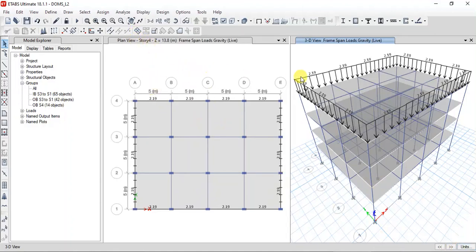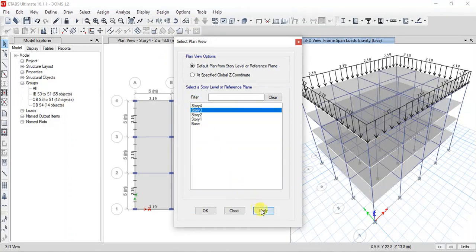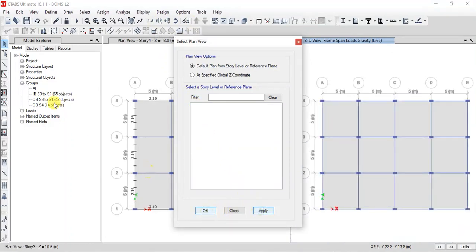Now we need to apply similarly the loads on the outer beams of these floors as well as the inside beams. We'll go to plan, story 3, click OK.